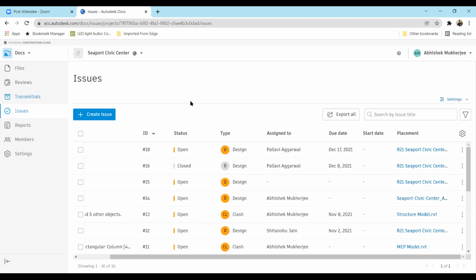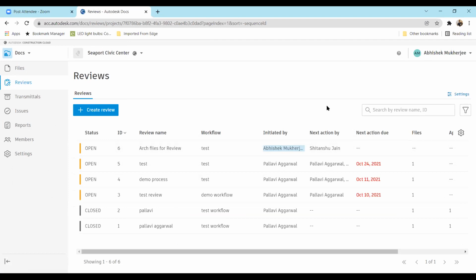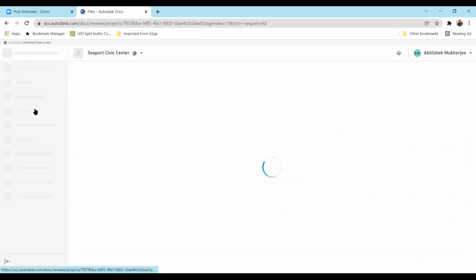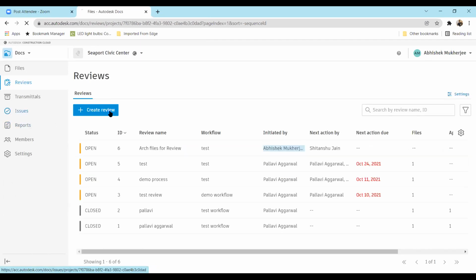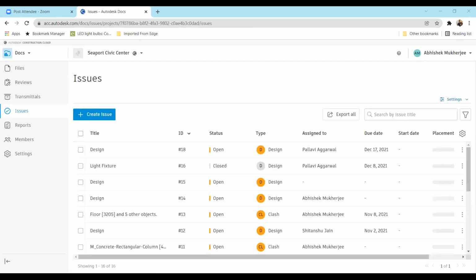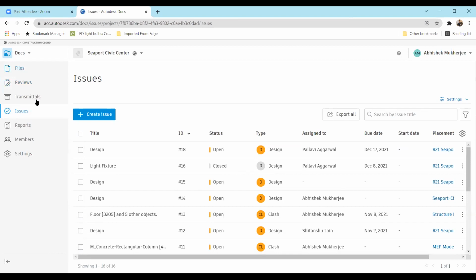Now let's go back to the reviews. I've already downloaded it. I'll come back again and then share my screen for that. So it's an open issue, the review. It's still in the process. So let me go back and see the issues and reports. So right now, the issue report is being created. I haven't received the email as yet. Once the email is there, I'll show you that.